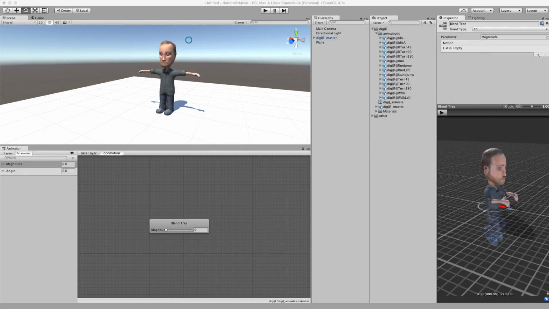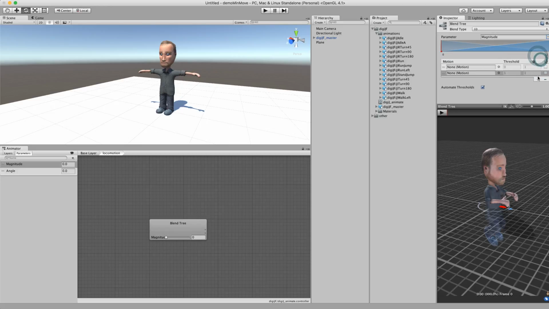And so we're going to use this parameter of magnitude, which will eventually be controlled by the joystick. So what we want to do is add motions into here. And so we can do this here. I'm going to say add a motion field. I'm going to add 3, just like this. And with these 3 motions, I have